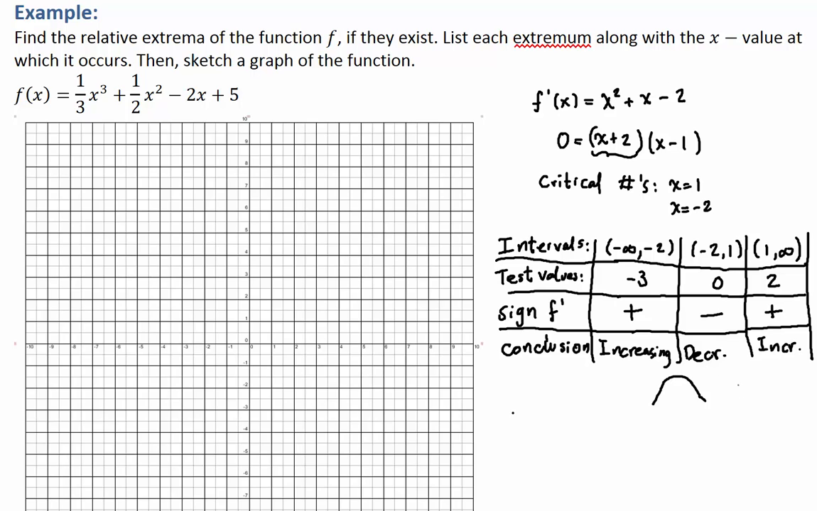Then whenever you go in this interval, you're going to go from decreasing to increasing. So you're going to have a relative minimum at x equals 1. So right now you can already conclude that at x equals 1,